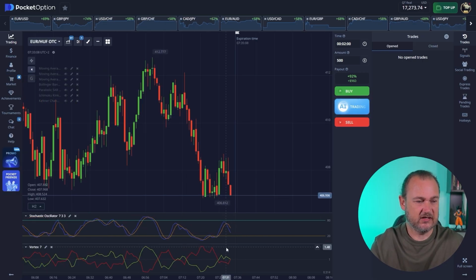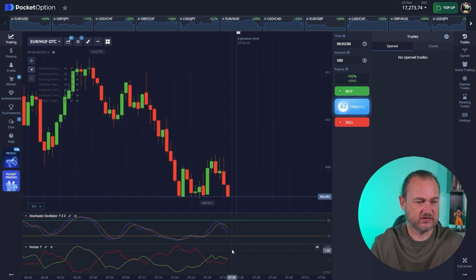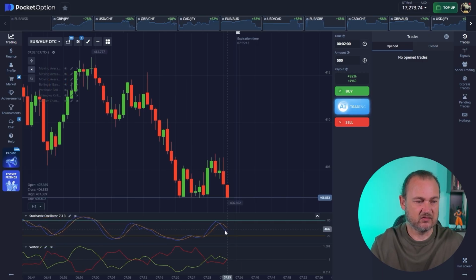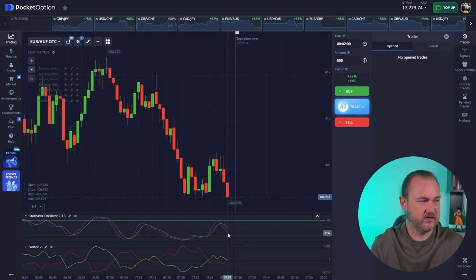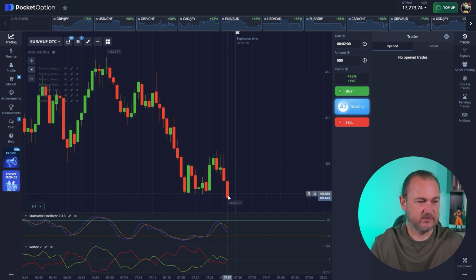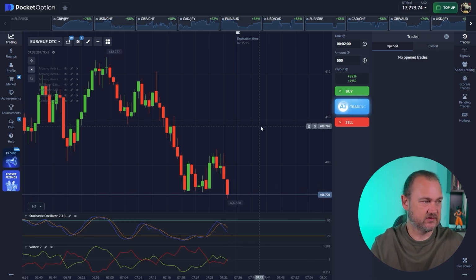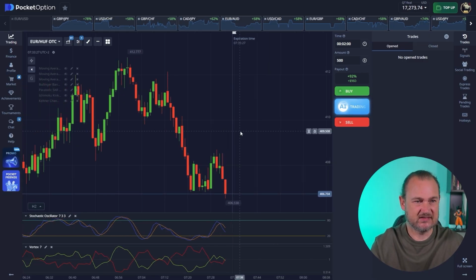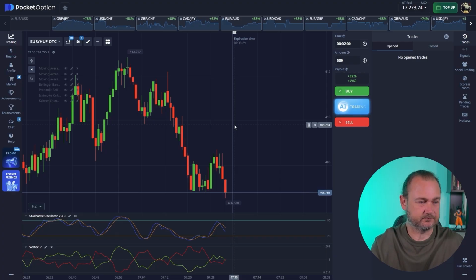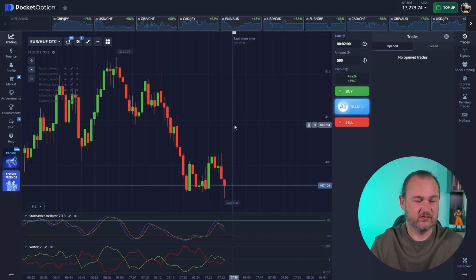Looks like we might get an entry here. Vortex is busy making a crossover here. Stochastic though has not yet reached oversold levels, but I suspect if this candle closes as it's looking right now, we should see the stochastic pop into the oversold zone. And when this does happen, we're just simply going to take a trade and go with it. We're going to have to wait for the candle to close though,